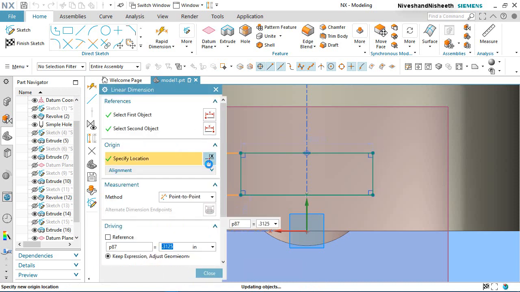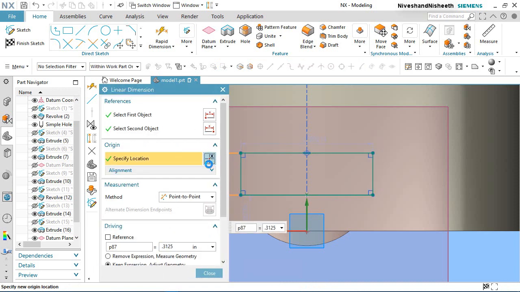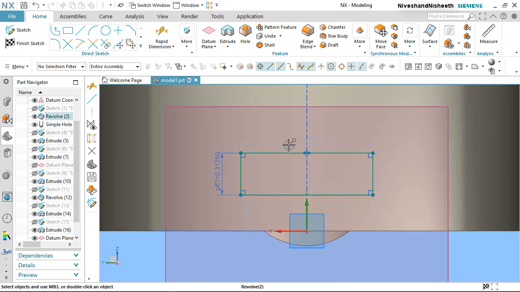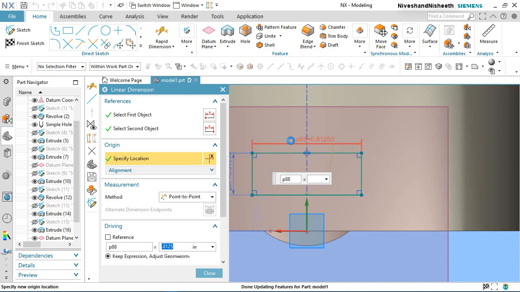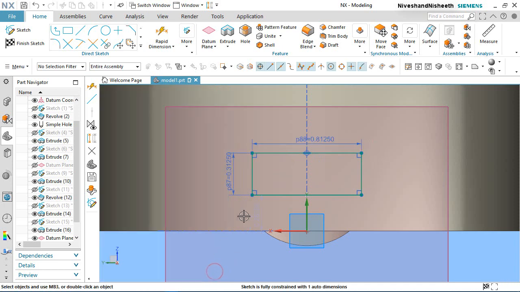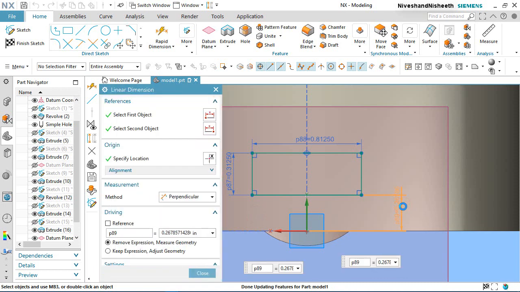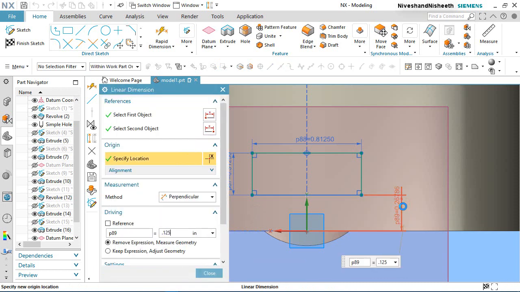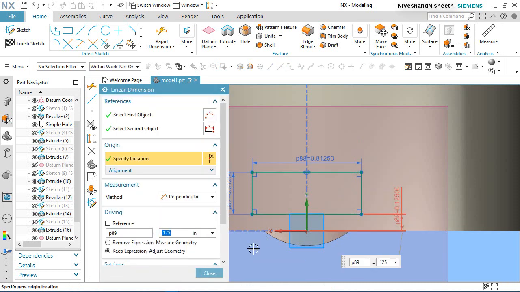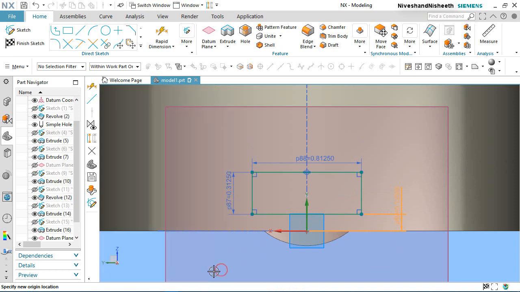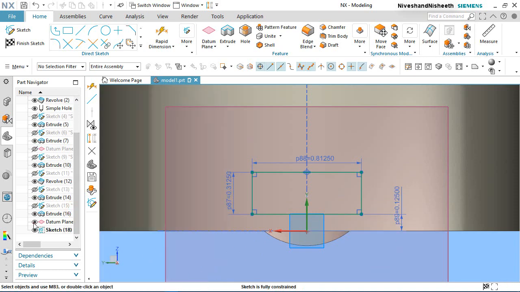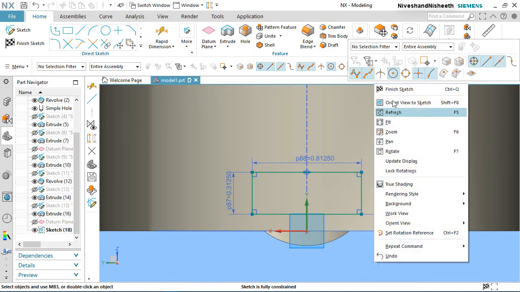Set the height of the rectangle 0.3125 inch and width of the rectangle 0.8125 inch. Close the visibility of the plane. Now the sketch is fully constrained. Finish the sketch.